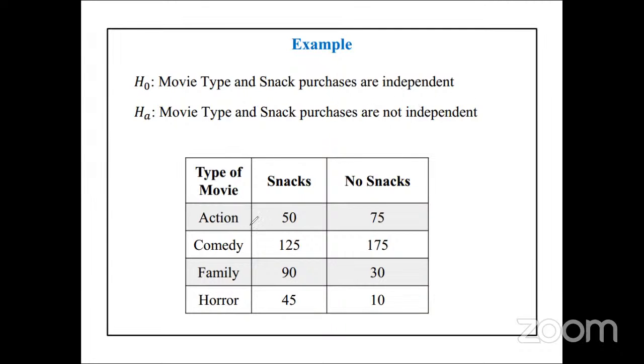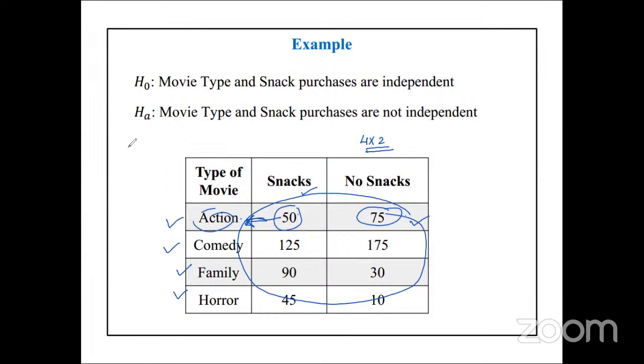So what is done actually, data is taken for different types of movie: action movie, comedy movie, family movie, horror movie. How many viewers? So it means that 50 viewers who were attending an action movie purchased snacks, while 75 were watching an action movie but have not purchased any snacks. So this is the contingency table, and you can see that this is a 4/2 contingency